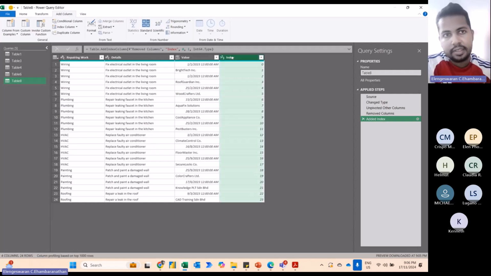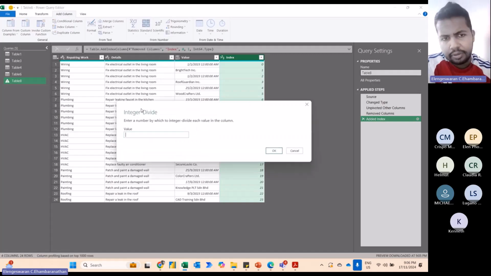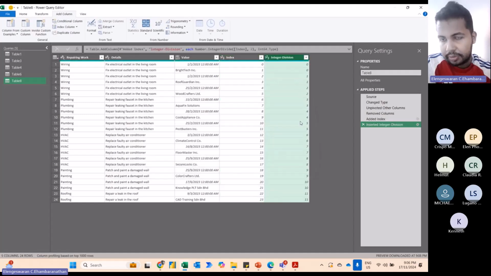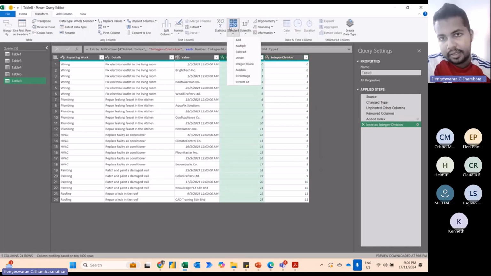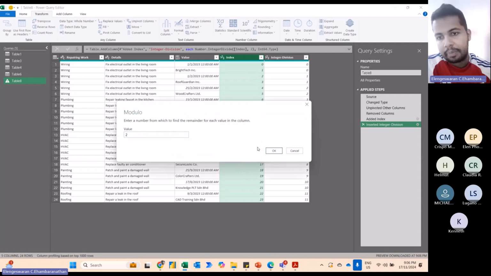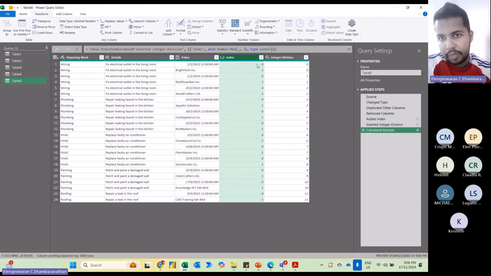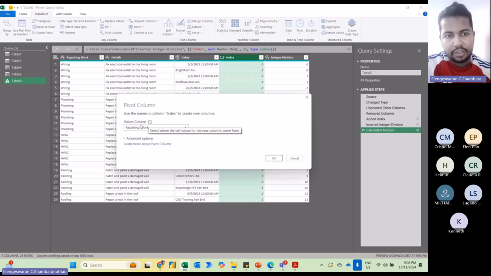So I select Standard, Divide Integer, and divide by number 2. Why number 2? Because there are 2 different types of data. So we get 0, 0, 1, 1, 2, 2, 3, 3. Select this column, Transform, Standard, and then Modulo, and I enter 2 and press OK. So right now we do have a pattern, and then Pivot Column, and I choose Values